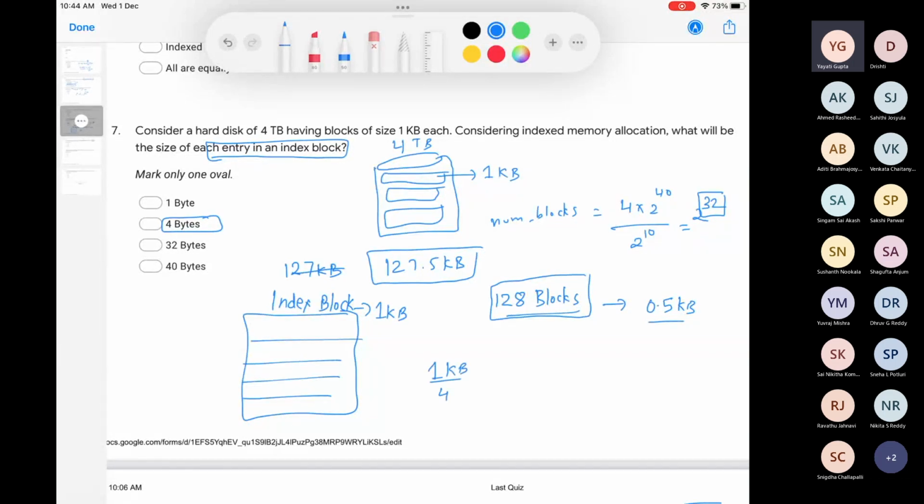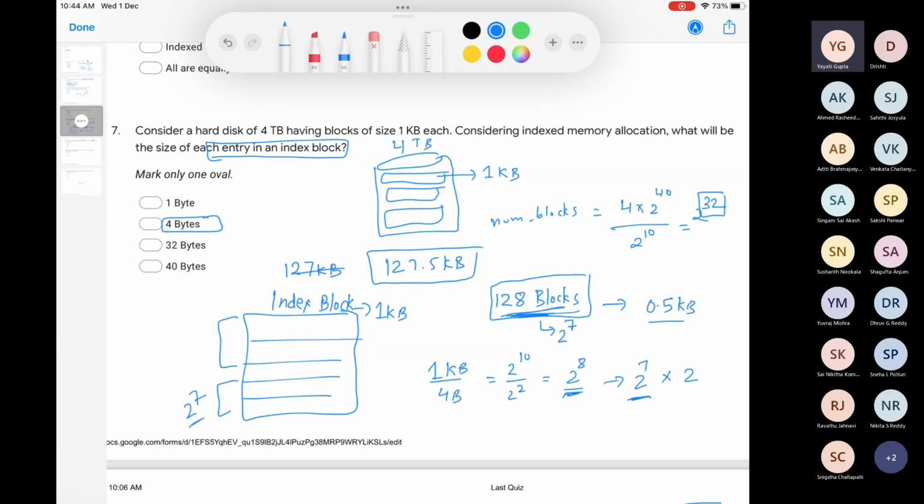1 kilobyte divided by 4 byte, right? So 2 to the power 10 by 2 to the power 2, which is 2 to the power 8, right? These many entries you have. So you can have these many entries, but how many entries do we actually have? We have only these many entries because other blocks are not required by the file. So only 2 raised to the power 7 entries are full, where you can have 2 to the power 8 entries. So can I write 2 to the power 8 as 2 to the power 7 into 2? Right, so first 2 to the power 7 entries, they are in use. The other 2 to the power 7 entries, they are not in use because file is not that big. So all these 2 to the power 7 entries, they are being wasted.